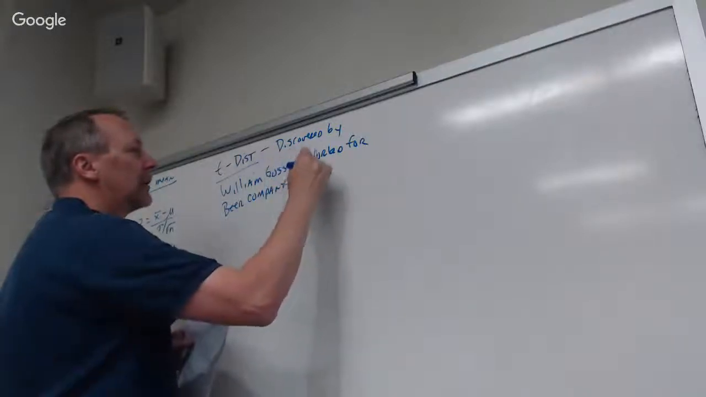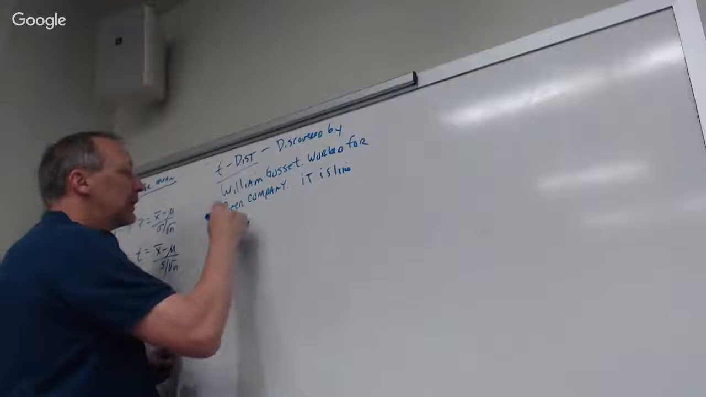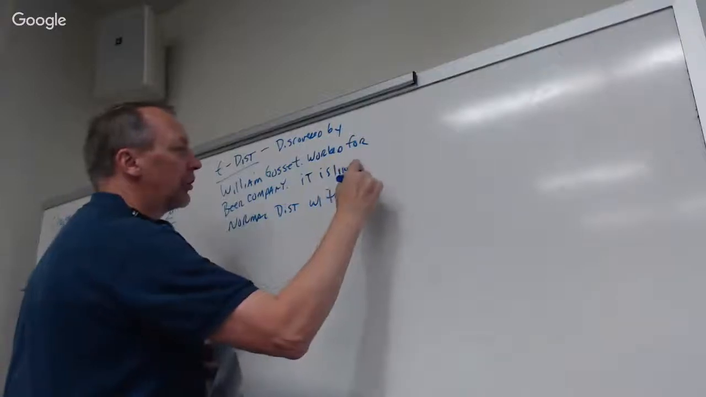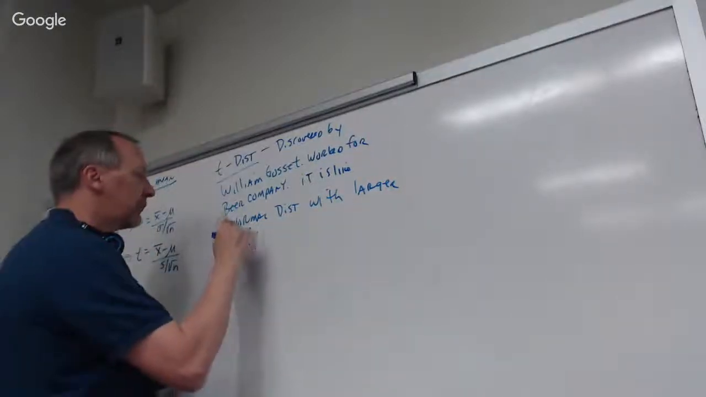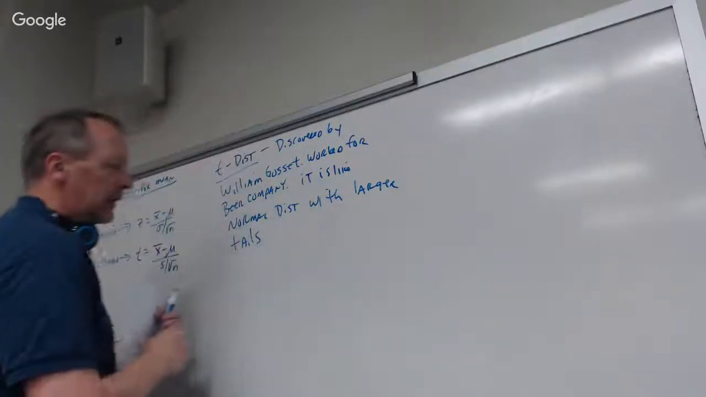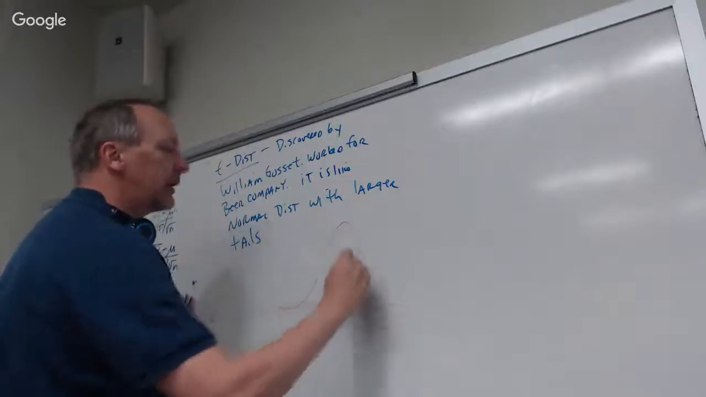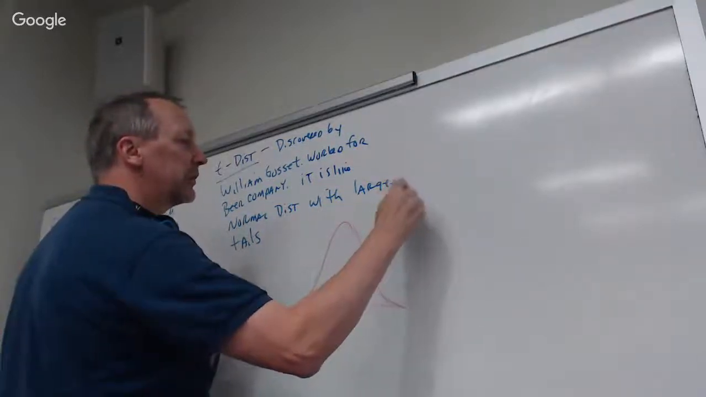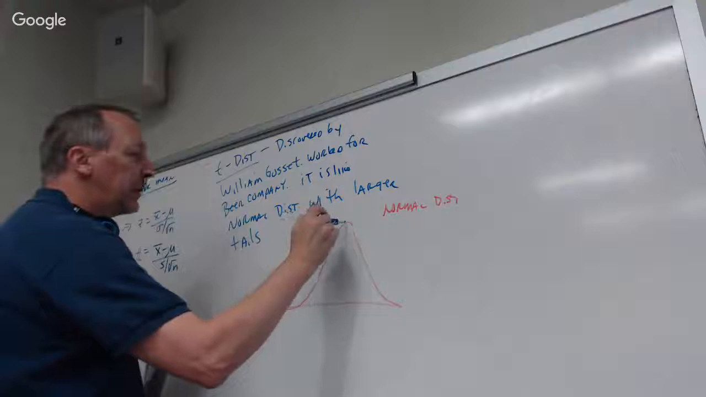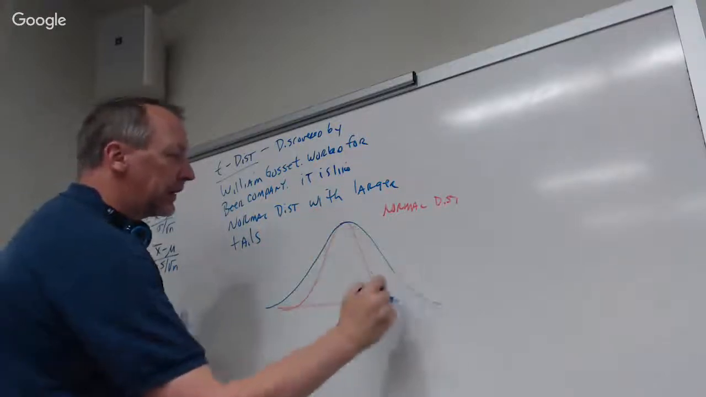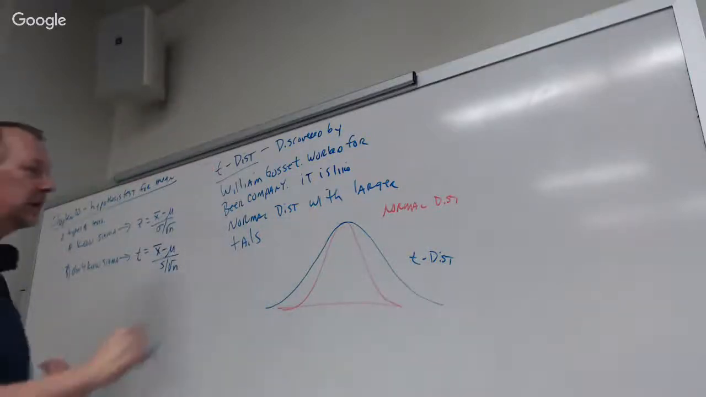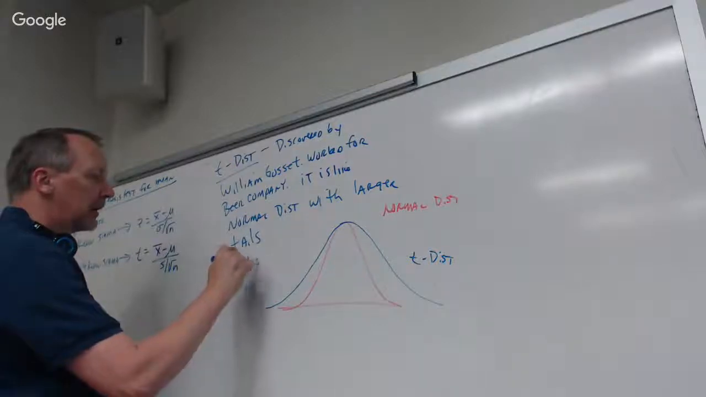It is like the normal distribution with larger tails. Okay? So for example, if this is the normal distribution in red here, okay, we're going to pretend that's the normal distribution. The t-distribution also is bell-shaped, but it has larger tails, okay? And the shape changes